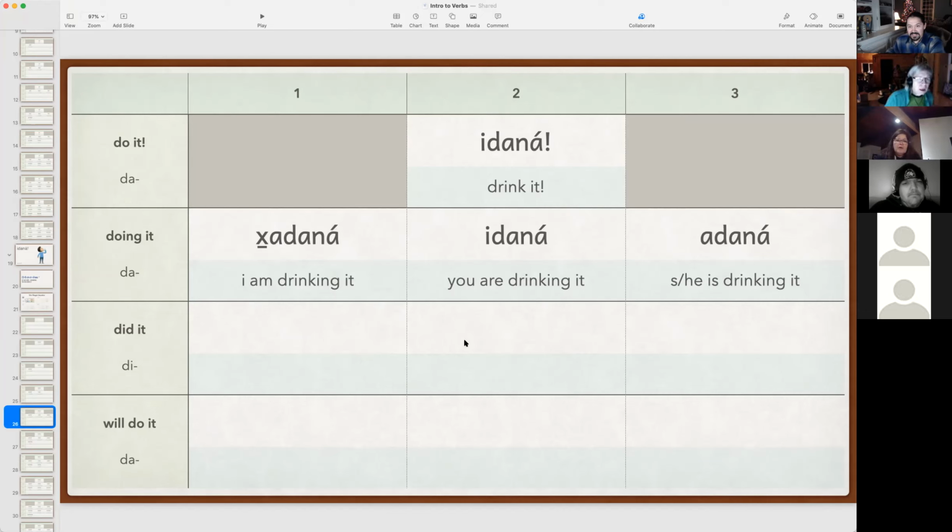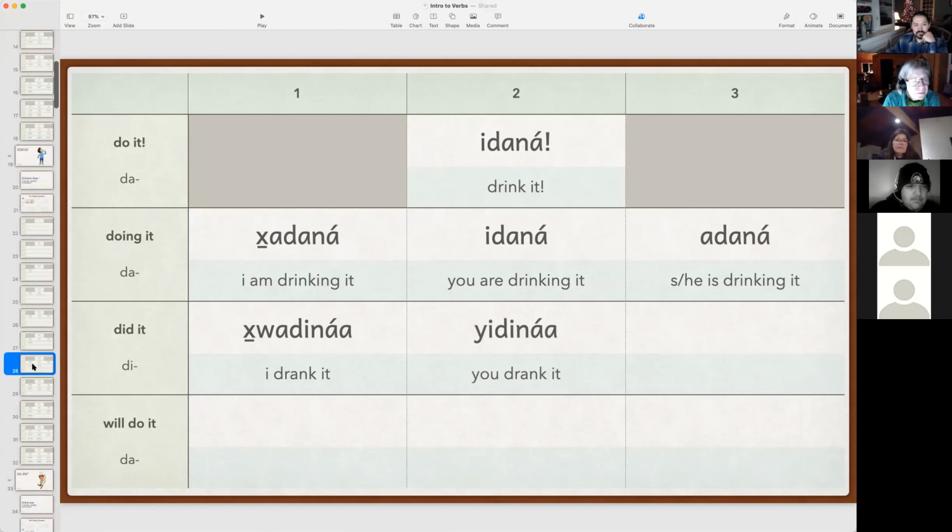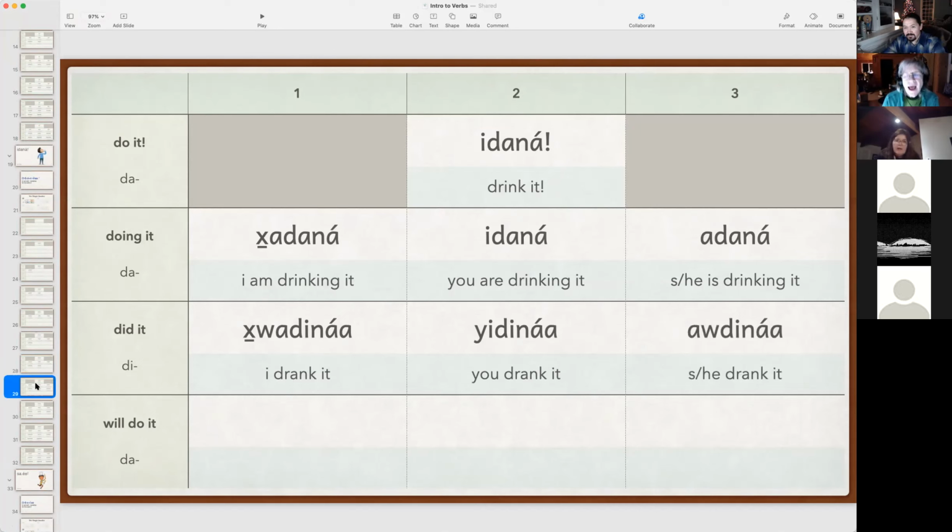Okay, here we go. Khwadina, Khwadana. Yidina. Audina. And if you know anybody from Carcross or Teslin,